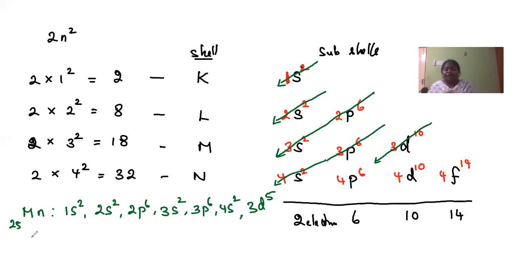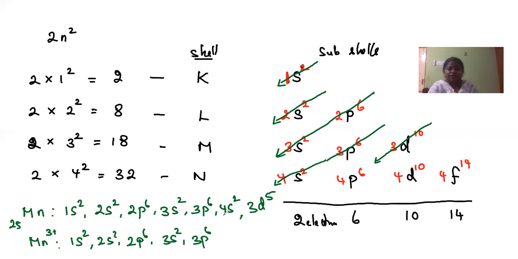Got it? So if it is Mn3+, okay, so ion, we have to remove electrons first from the s subshell, right? So what you have to write here: 1s2, same 1s2, 2s2, and as we have seen 2p6, 3s2, and then 3p6. So over here, the electrons will first be donated from s, so you have to remove this s subshell.